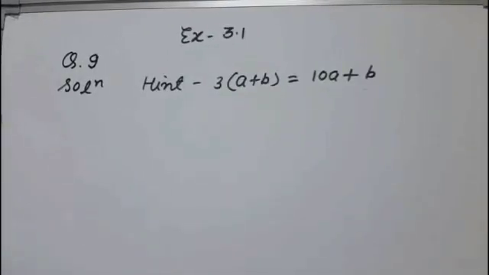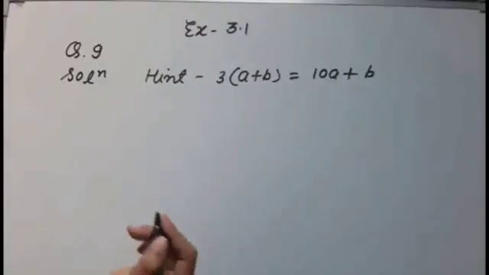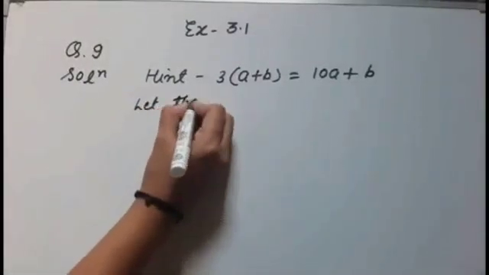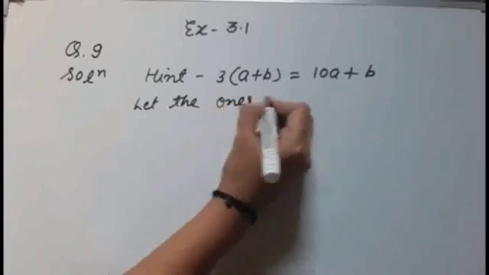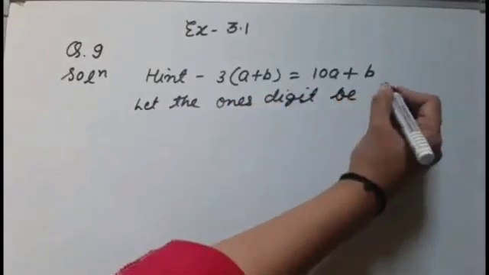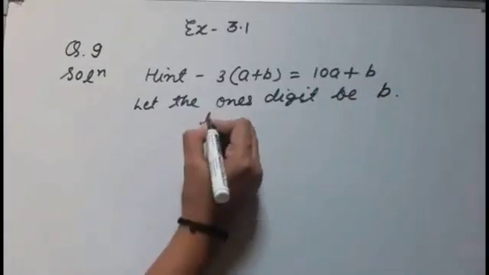Now exercise 3.1, question number 9. 3 times the sum of the digits of a 2-digit number is equal to the number itself. Find the number. And a hint is given in the question. I think you are not getting this. So first you have to assume the digits of the number. So let the ones digit be B and